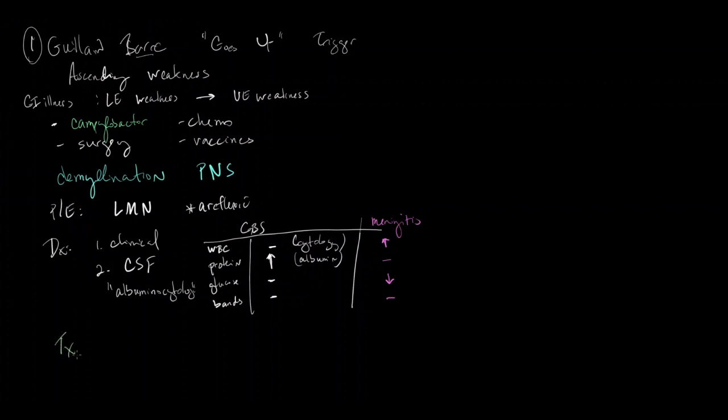The treatment for Guillain-Barré is very, very important. Now, as this weakness will ascend from their legs to their upper extremity, it can affect the diaphragm, which will lead to severe respiratory distress. So if a patient comes in and you suspect it's Guillain-Barré and they are going into respiratory distress, you must act pretty quickly and intubate this patient